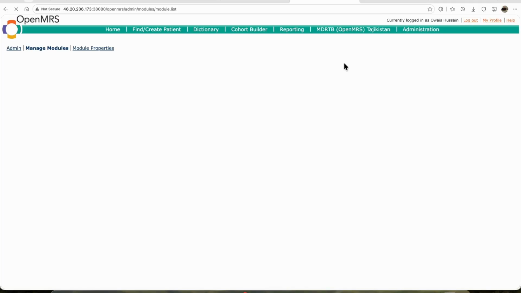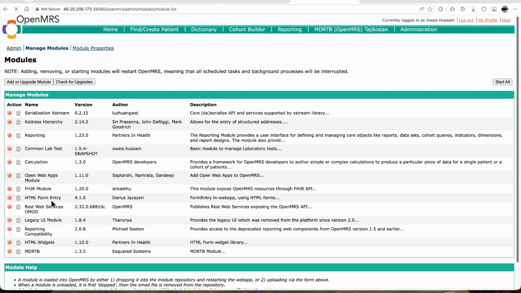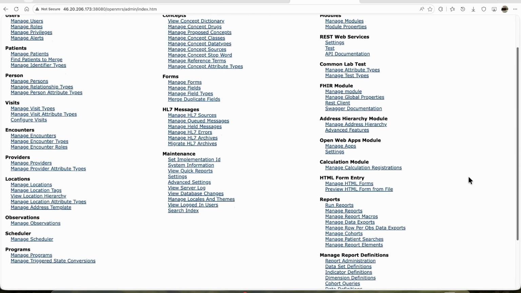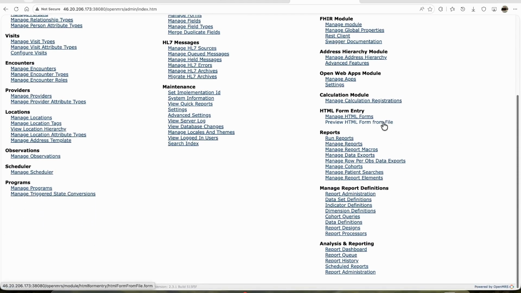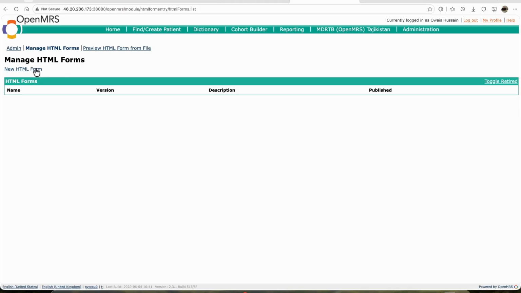Where's the HTML form entry module? Yes, we do have it. Interesting. Anyway, yeah, so new HTML form